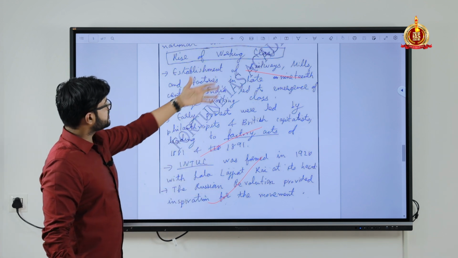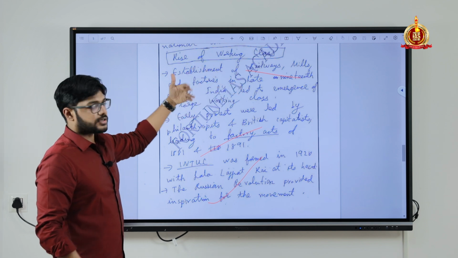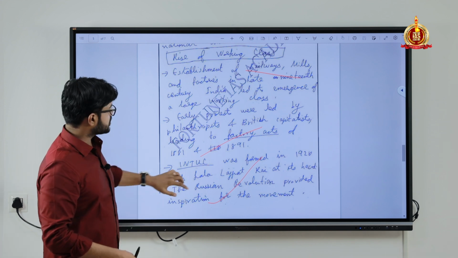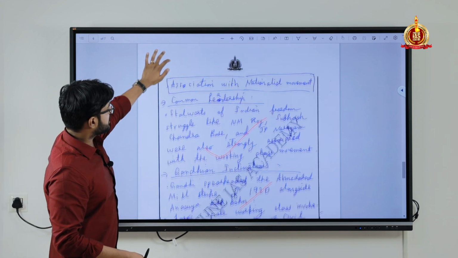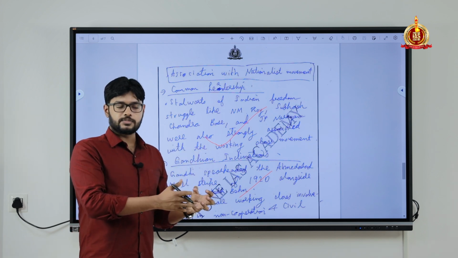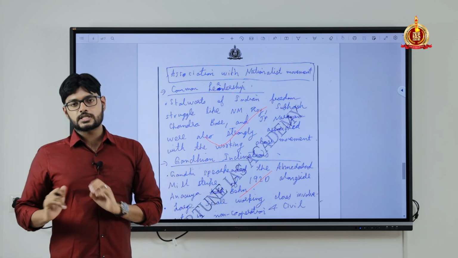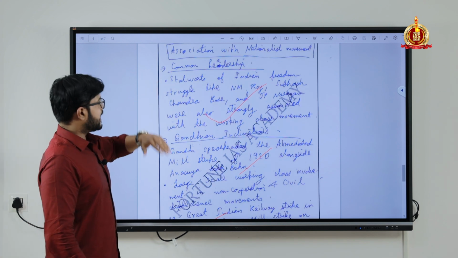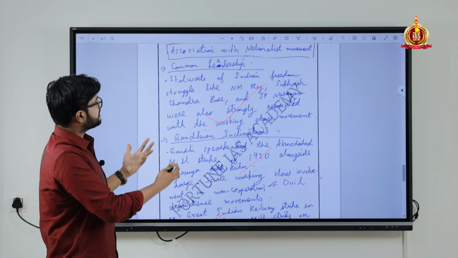Those points he had written spoke about establishment of railways, mills, factories, and therefore the exploitation of workers there. He spoke about that, and then he went on to speak about how the working class movement had a nationalistic perception, had association with nationalistic leaders. Then the second part, there look at it, I have told this about Dilip's answer.